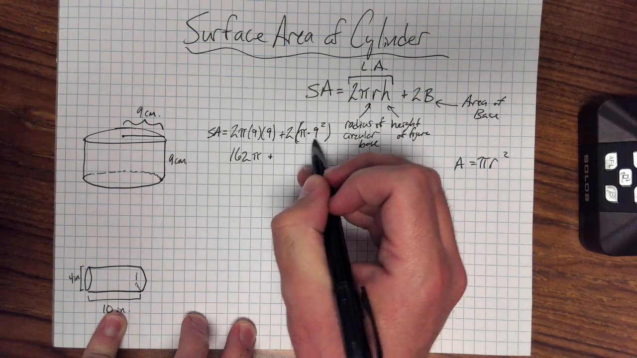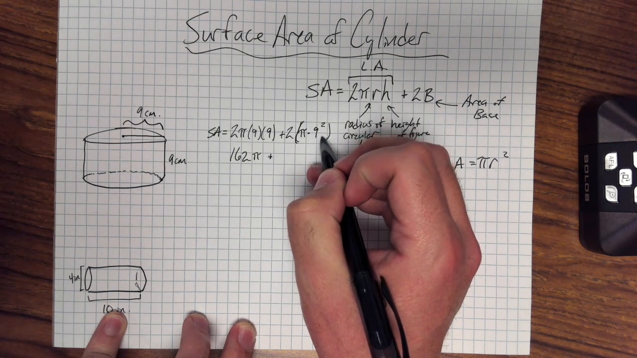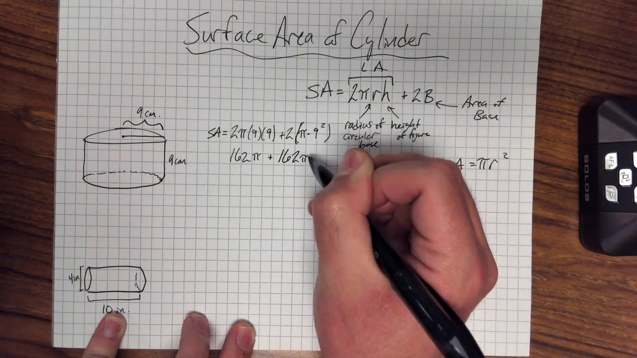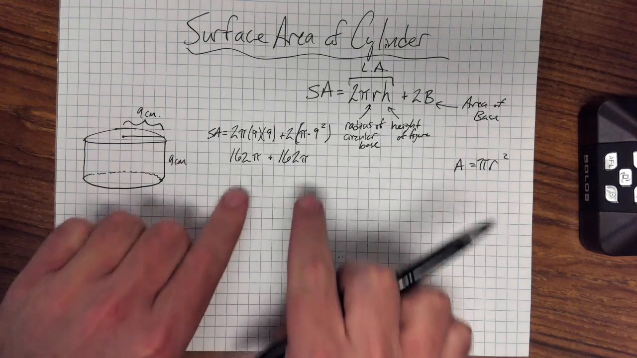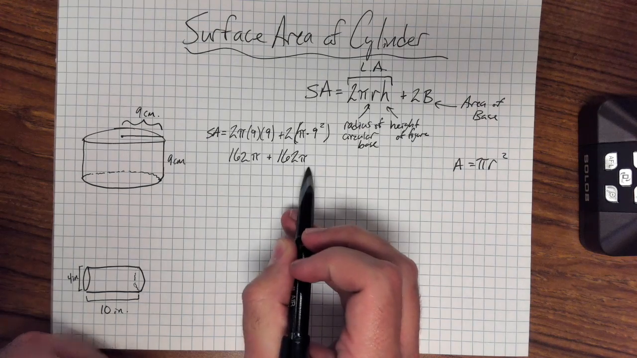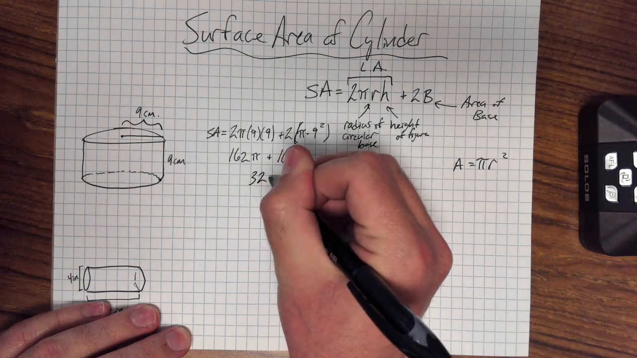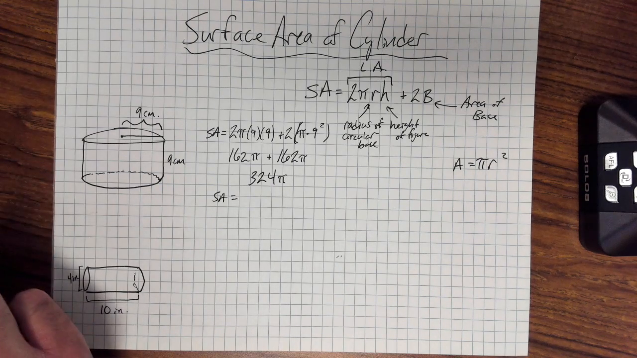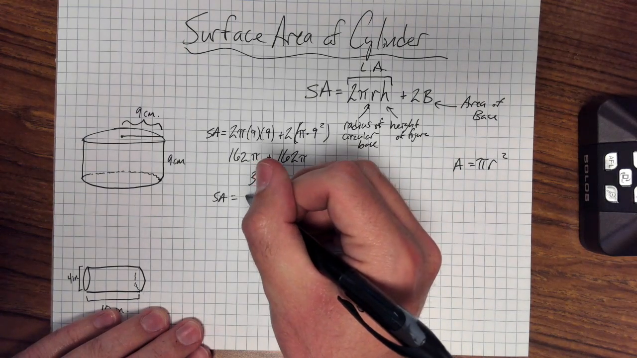Plus, now over here, oddly enough, 9 is the radius, and 9 squared is 81, times 2 again, same thing, 162 pi. And again, we're going to treat these pi's like they're variables, so we're not going to multiply them by the pi's yet. We're just going to add everything together. So 162 pi plus 162 pi becomes 324 pi. And now, as our last step, we're going to do 324 times pi. And what you end up with is